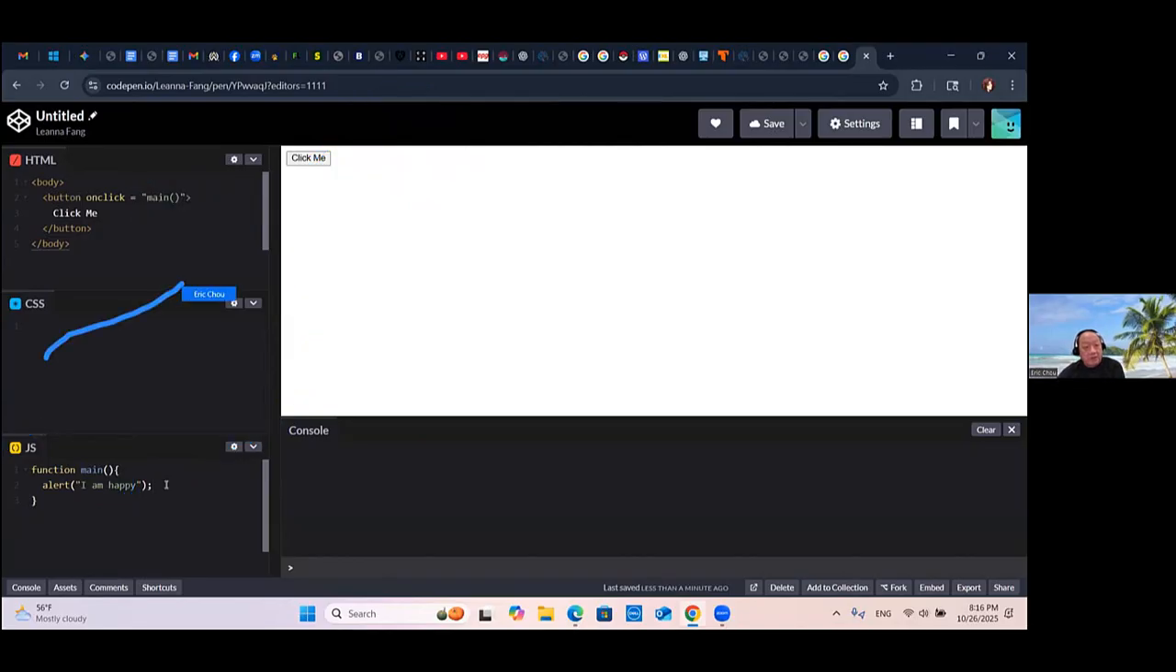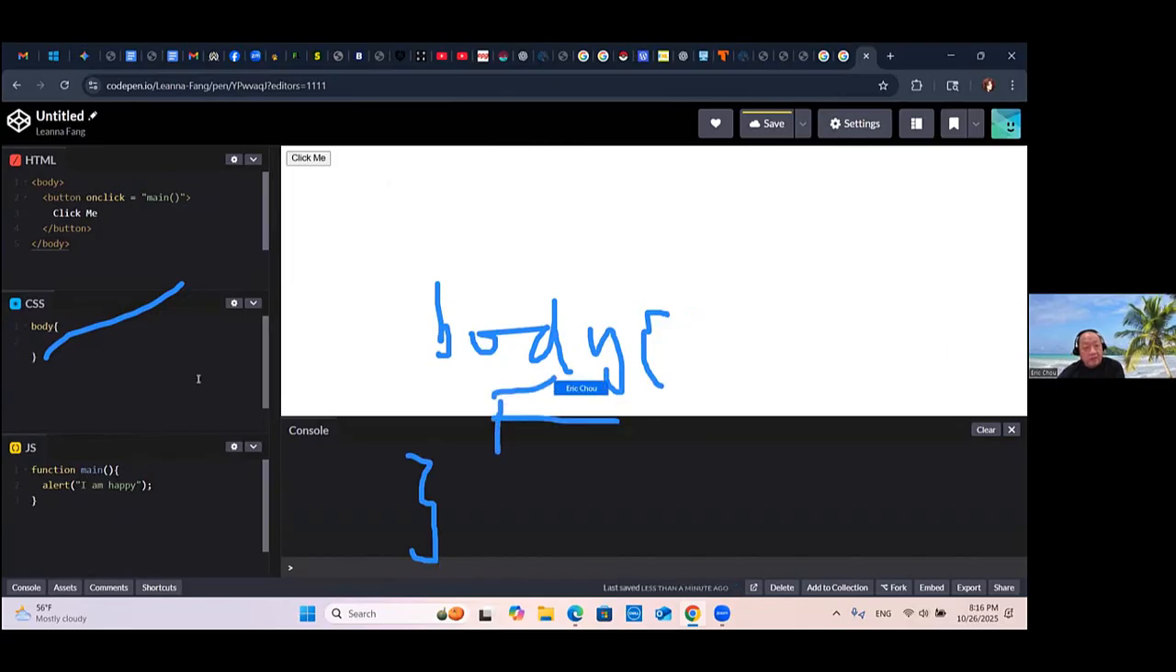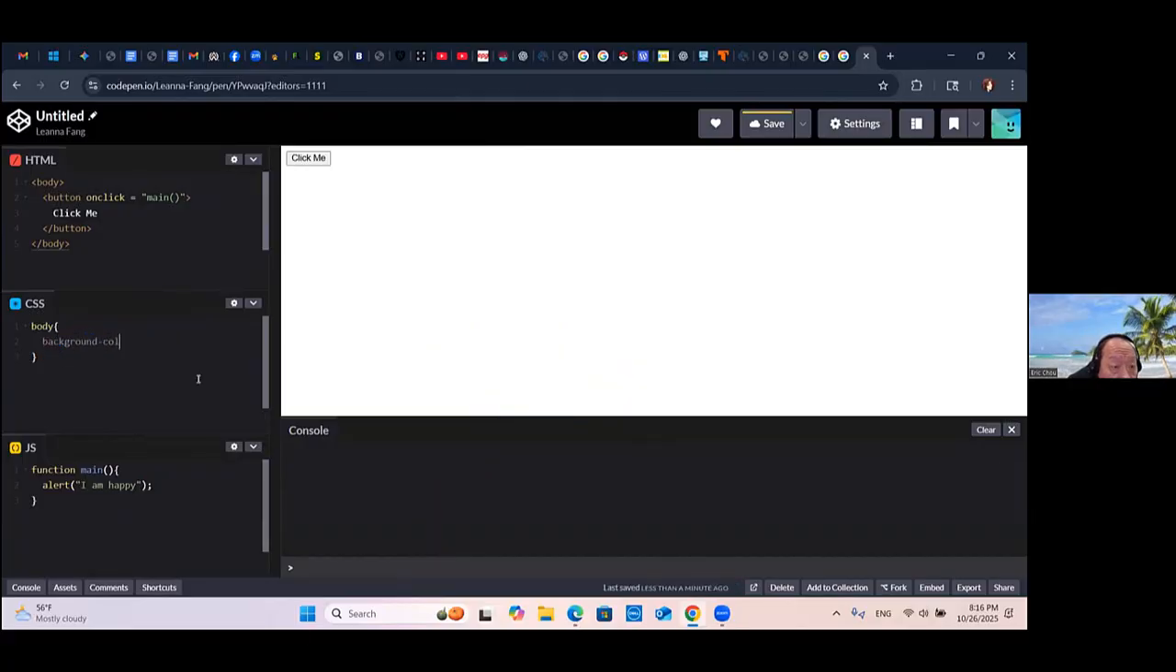Right here, you have a CSS, so write body and curly brace, curly brace. Inside the curly brace, you put background-color: azure;